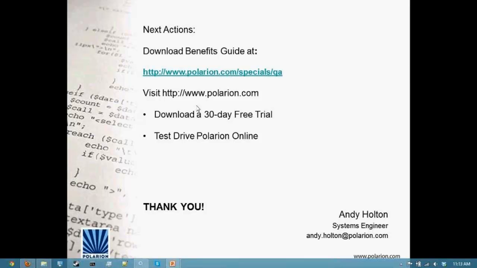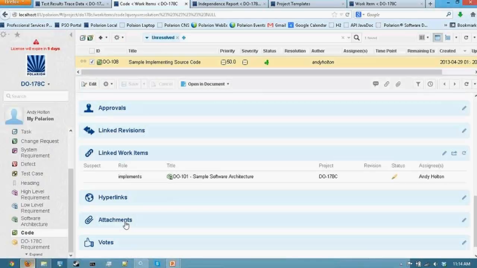One more question that's come in is, within a milestone, a requirement might be changed by more than a single user. How can this information be stored in Polarian? There's a few ways to do this. The simplest way is the fact that Polarian can assign multiple assignees to a single work item. Again, these can have the same rights where only this list of assignees can change the work item. But in addition,